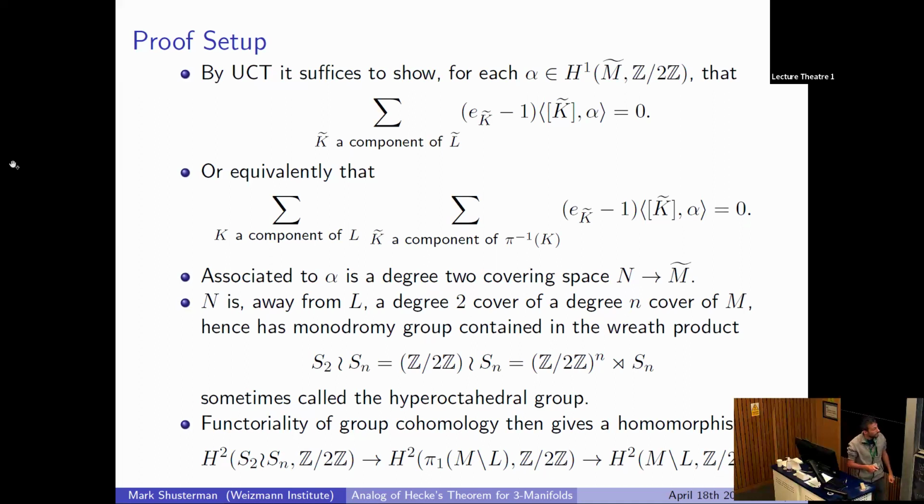So one idea in the proof will be to take some cohomology class. This is already something within the realm of finite group cohomology, so it's a purely group theoretic thing, and get some interesting cohomology class on the manifold that will somehow relate it to what we actually want to do. So hold that thought, and I'm going to put you through at least 2 slides of group theory now.